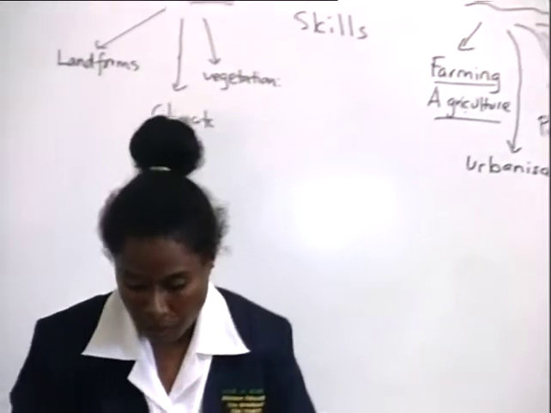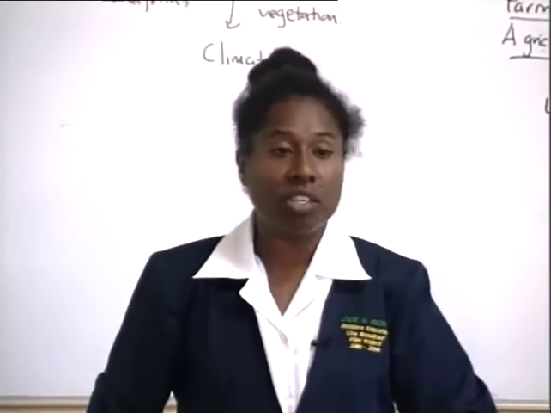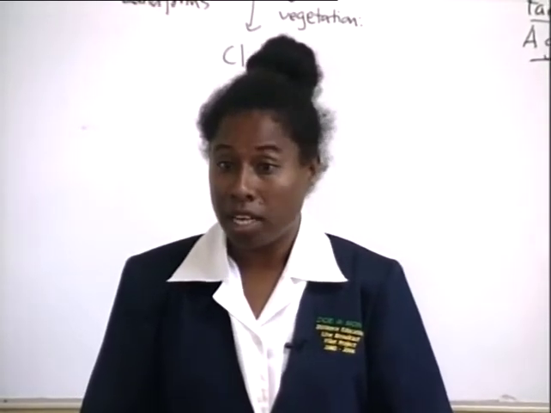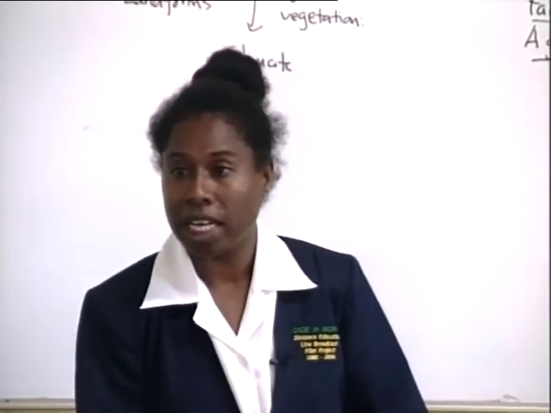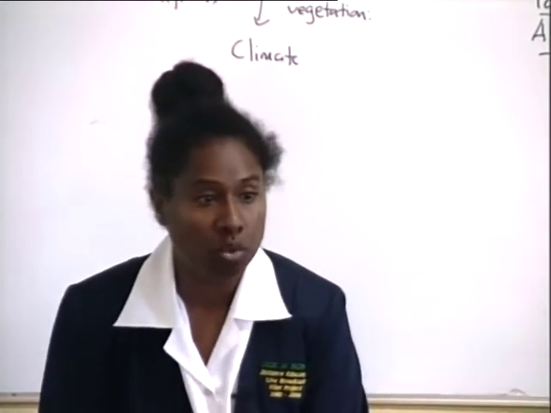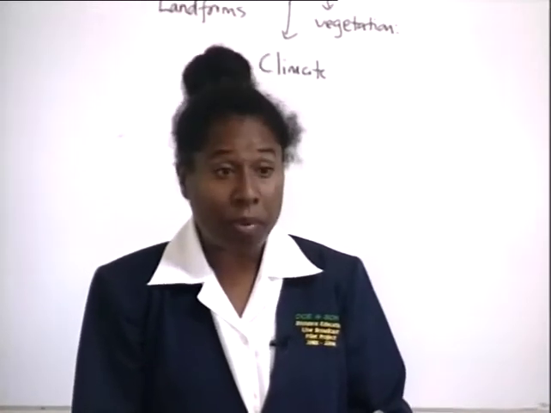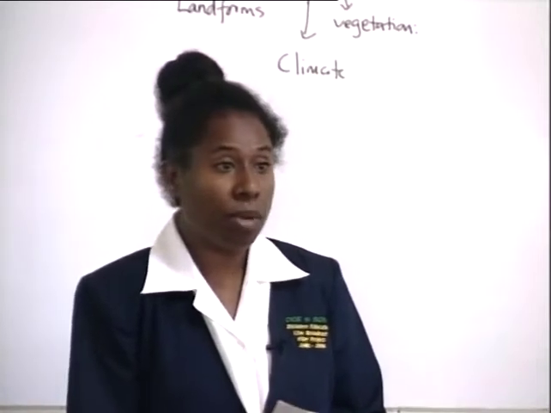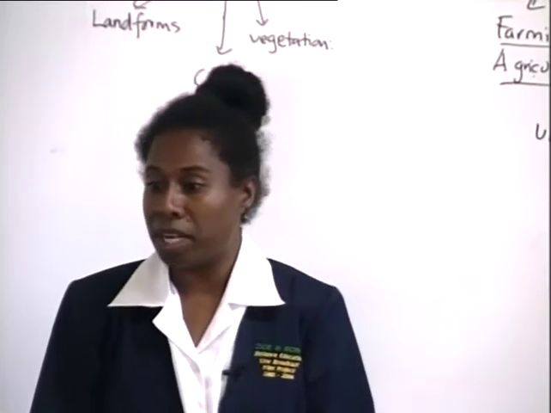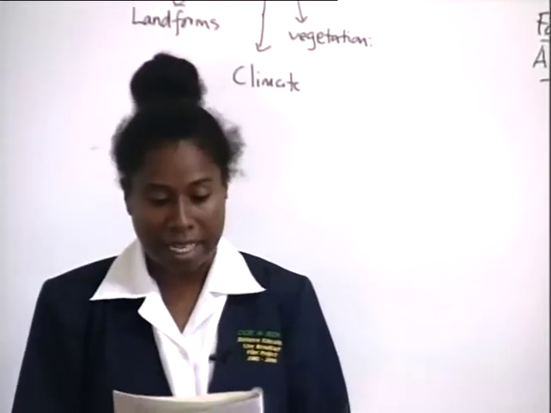On page 5 of our booklet, the information given is very brief, and I would be expecting you to do some note taking so that any other information that is not mentioned here, you are able to make note of, to go with the 2 cross sections that you were asked to complete for your homework. Okay, I'd like to go back to the readings on page 5, just below the word Java. I'm going to read through now, and then I'm going to go through some explanation on land use and the different agricultural practices on that particular island.